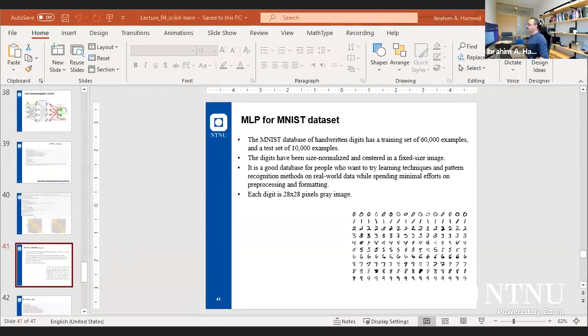So now we have been working with numbers, so the features are just numbers. Now we need to work with an image. So we need to work with the MNIST dataset. And the MNIST dataset,